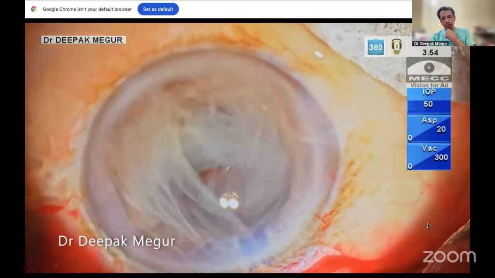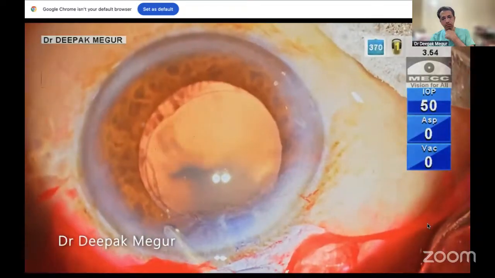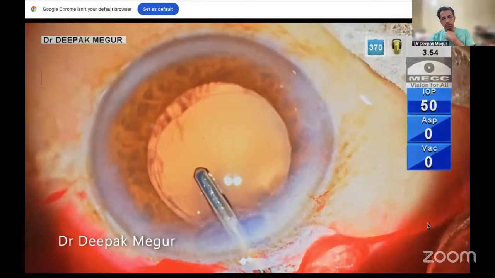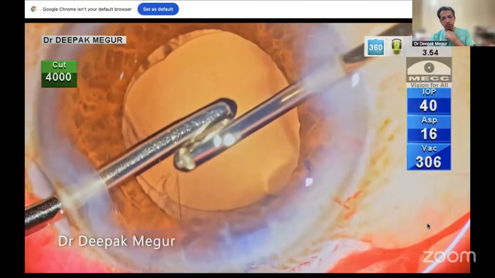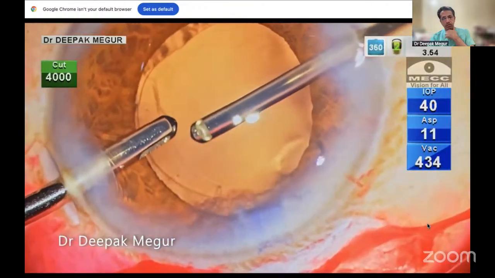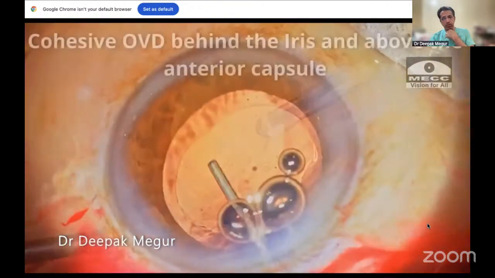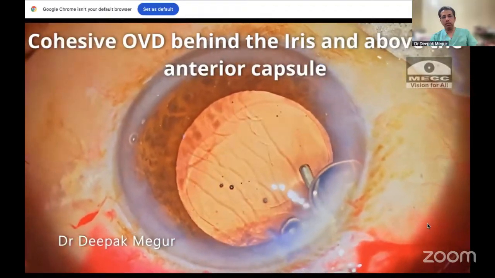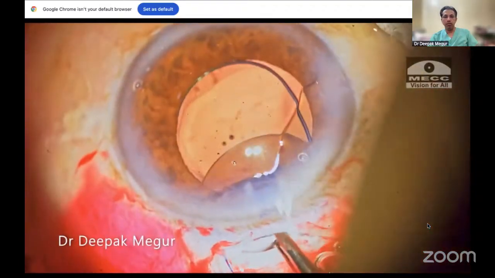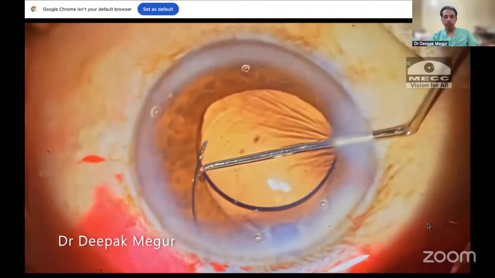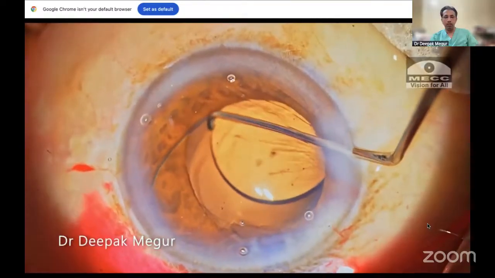Before implanting the IOL, I'm using diluted triamcinolone acetate to check for any remaining vitreous fibril. Well, there are a few of them, which are then taken care of. I'm using sodium hyaluronate to create some space between the iris and the anterior capsule. A multi-piece hydrophobic IOL is gently slid above the anterior capsule, and the proximal haptic is dialed in so that